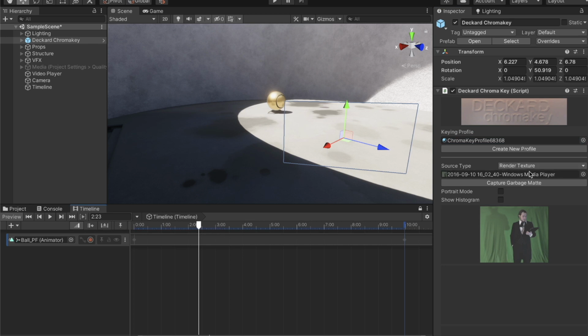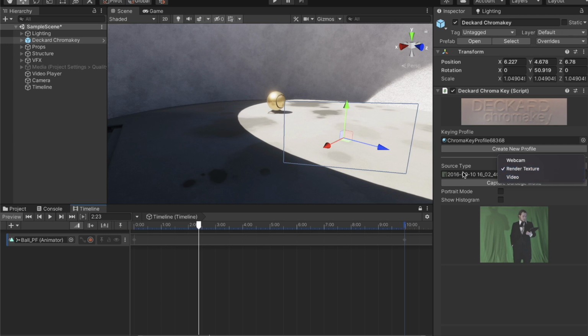So now that we have a new game object, we can have three types of video feeds on our Chroma Keyer. We can choose to use our device's webcam or an external webcam, and it's live. And it gives you an index, meaning you will be able to see a full index between, let's say, 0 and 4 if you have 5 different webcams. Okay. So, but we are going to work with pre-existing footage, which means we will work with a render texture